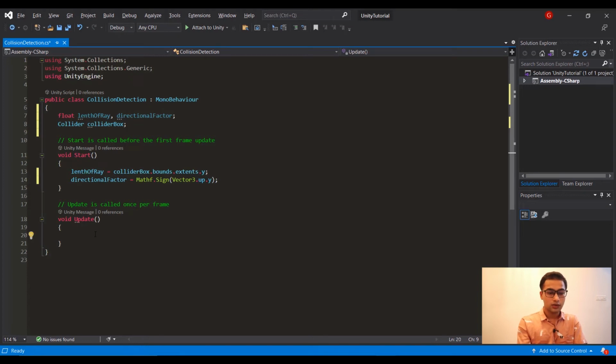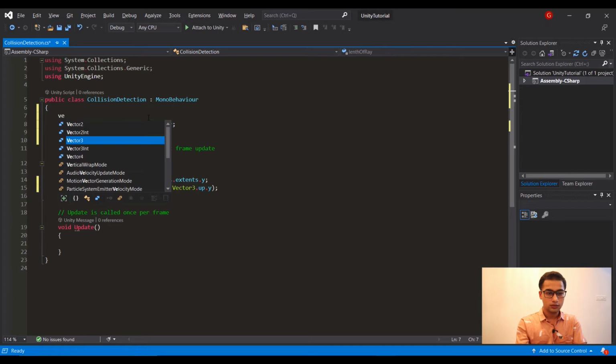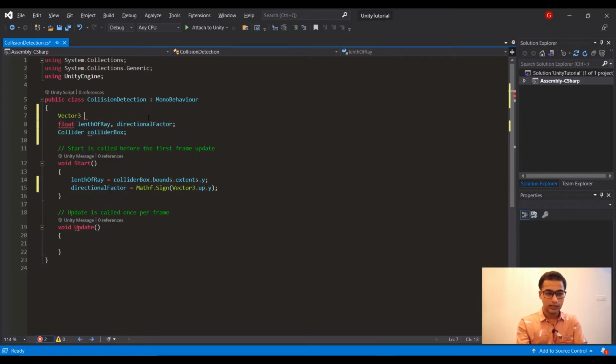Okay, now in this update function, I'm going to get a start point of my array. So how will I do that? Create simply a variable of Vector3 type, which will be start point.